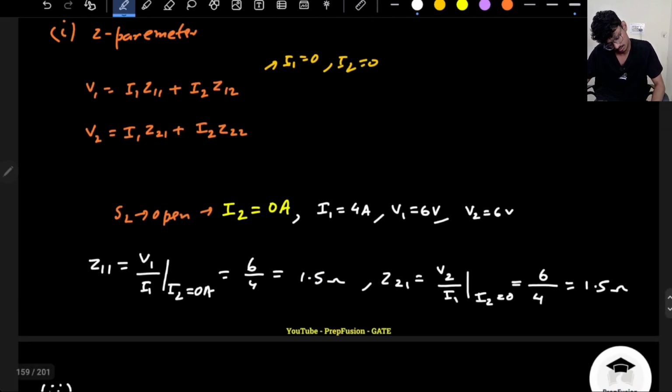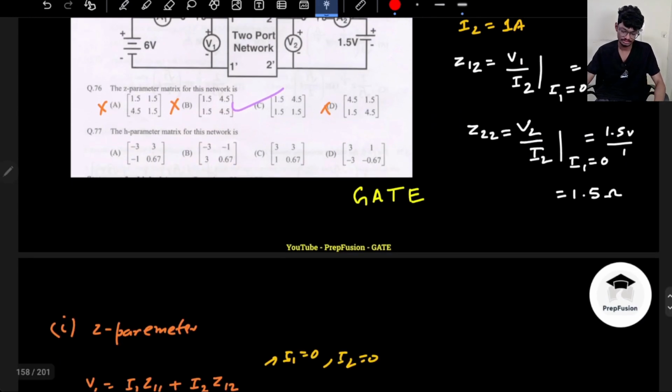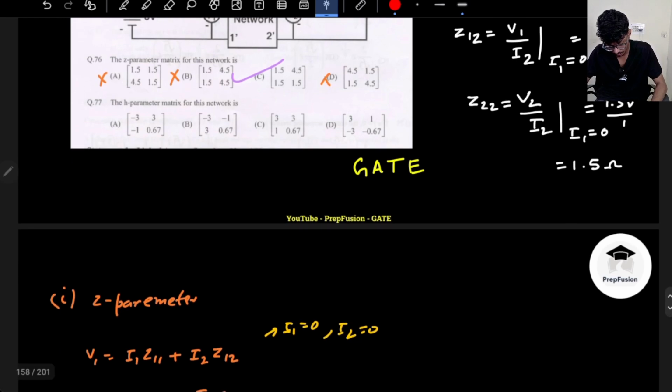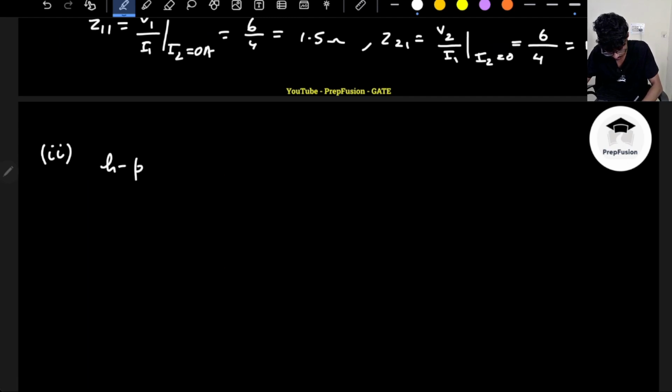Okay, so if I check for part 2, the H parameter matrix for this network is here. Now what I can say is that I have to find out the H parameter matrix. So what are the H parameter equations? If I write the H parameter equations,